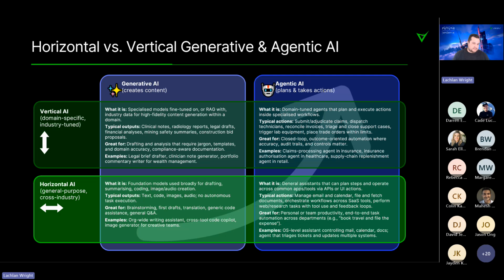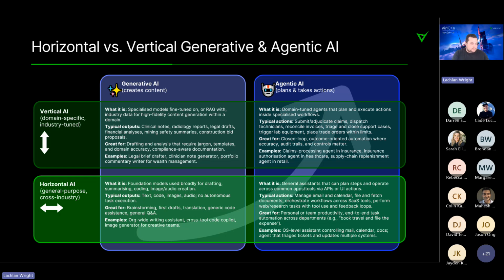And so you can see the arrow ticking up from the bottom left to the top right. It's not to mean that that bottom left isn't of value. It certainly is. There's really great value in those tools and the things that sit in that space. But you get more value the further towards the top right you go. And so what we want to do is help people get from that generative horizontal quadrant, start moving towards the others that can provide them some more value, more impact for their business.